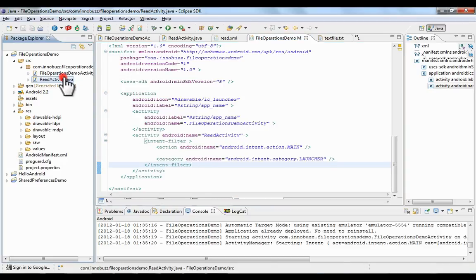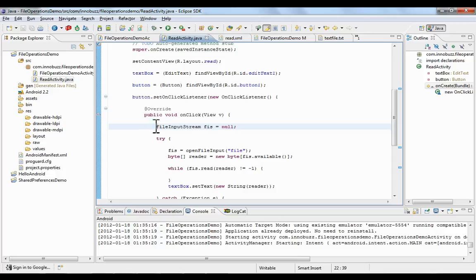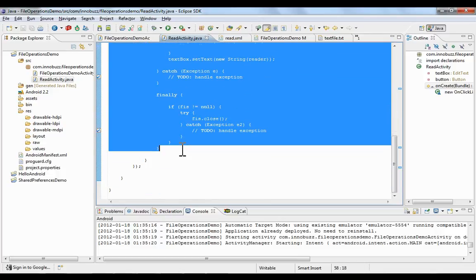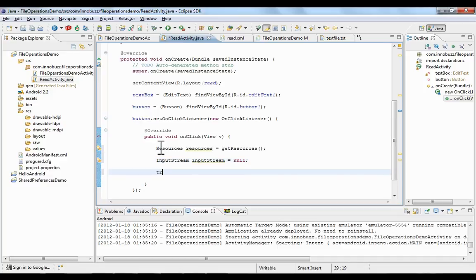Now going back to the read activity, we will delete the code in the on-click listener of the button. Now we will write the necessary code required for reading the file from the raw folder. To access the resources in the resources folder, we need to create the resources object using the getResources method. Create an input stream object, create a try-catch block